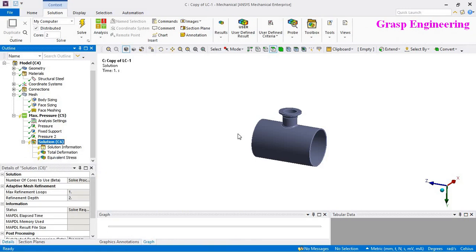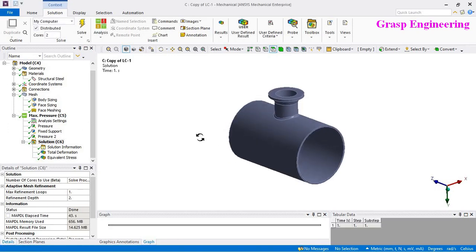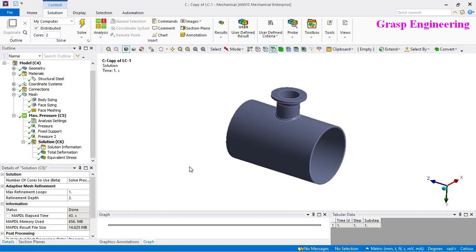Solve this. As we used a very coarse mesh, we should get the faster results. So now if you see, our simulation is performed. So now let's discuss the results.